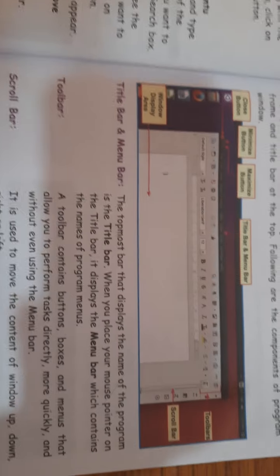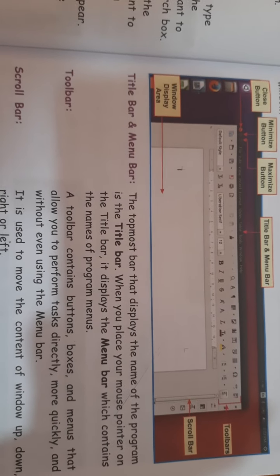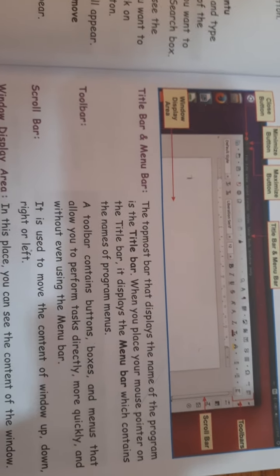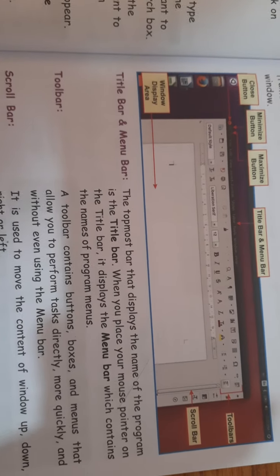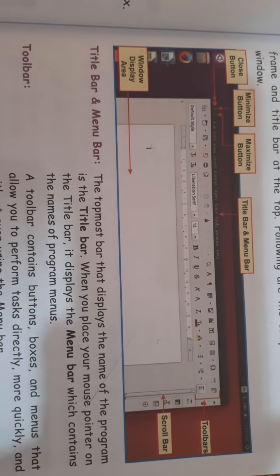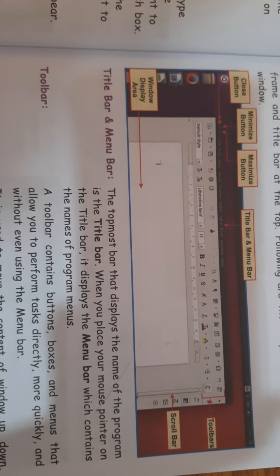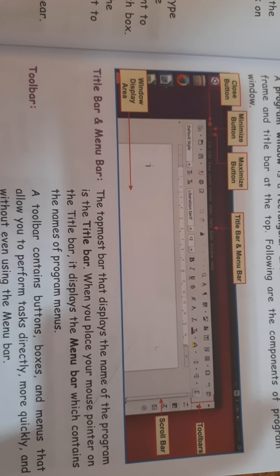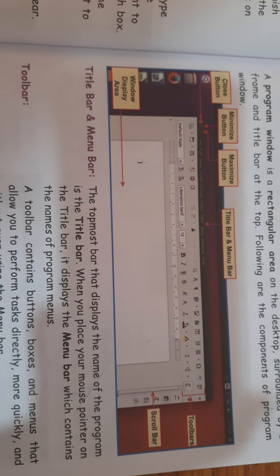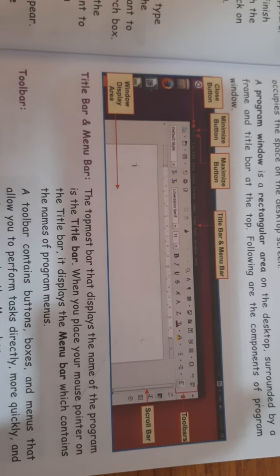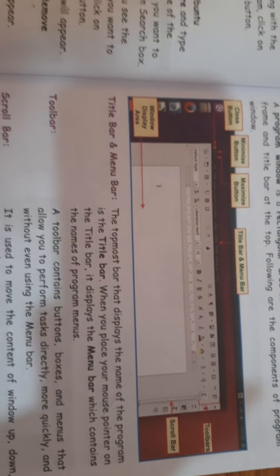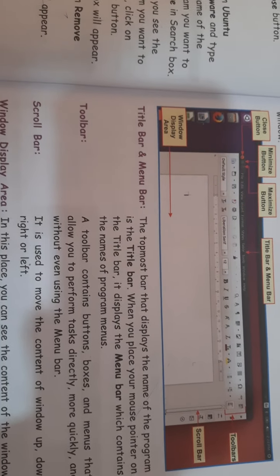Now let's explain them. The topmost bar that displays the name of the program is the title bar. When you place your mouse pointer on the title bar, it displays the menu bar, which contains the names of the program menus.